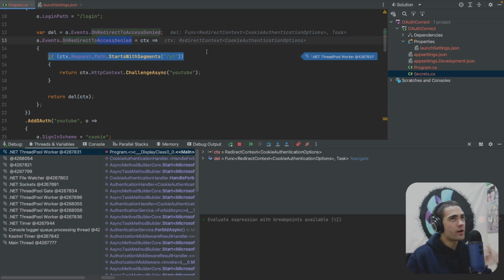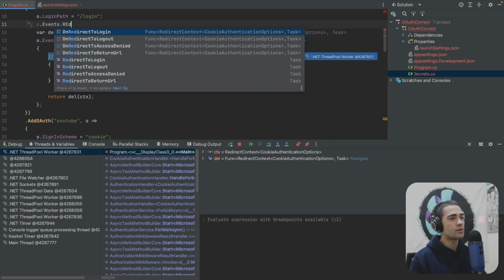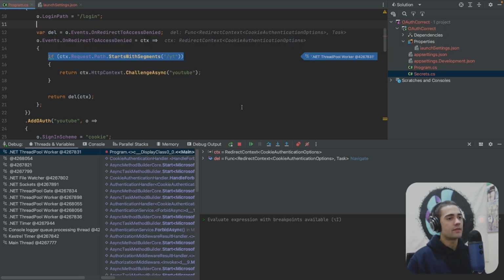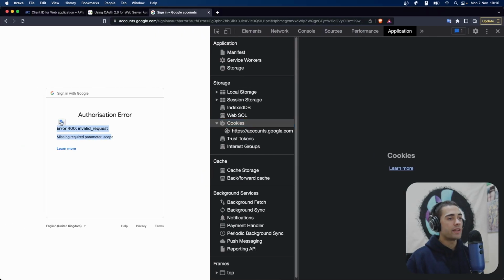We know who you are, but you're not allowed. This is not having access. If you're just not authenticated, you're going to get redirected to login. For that, there is a separate event, so redirect to login. Okay, so let's get rid of that. Let's play that. And here in the browser, we get an invalid request because I haven't requested any scope,